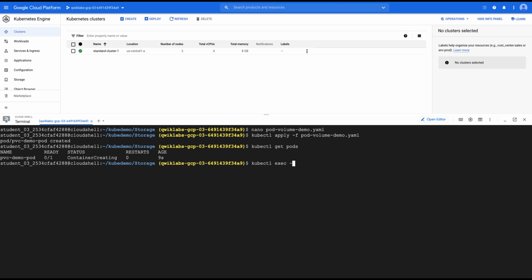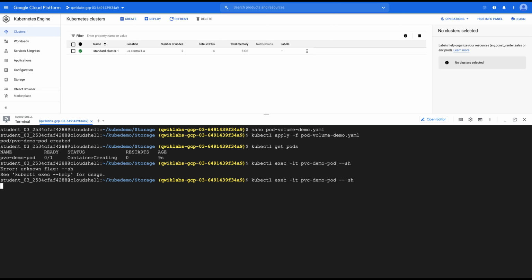So what I am doing with this is logging into the pod which we created just now. Its name is demo-pod and then --sh. Oh, there should be a space before --sh. So we are going to log in to our pod.